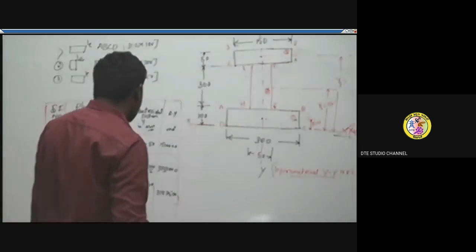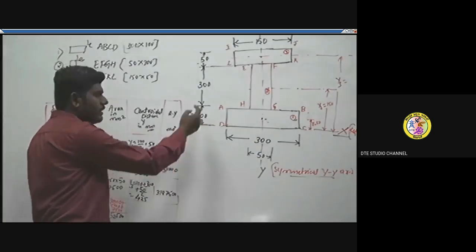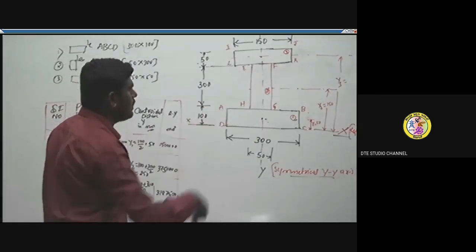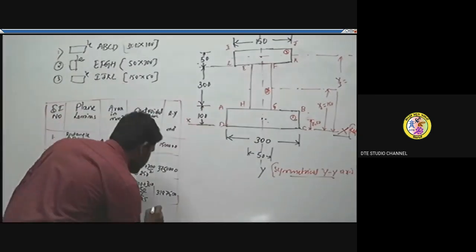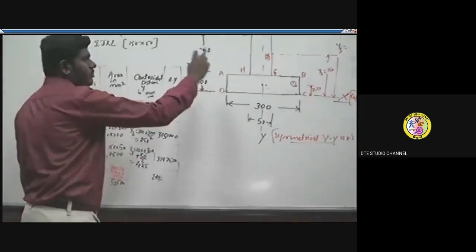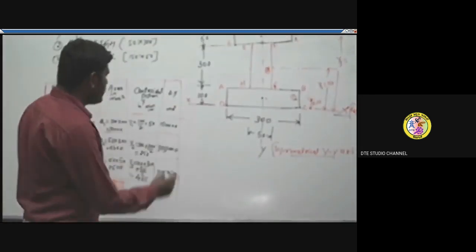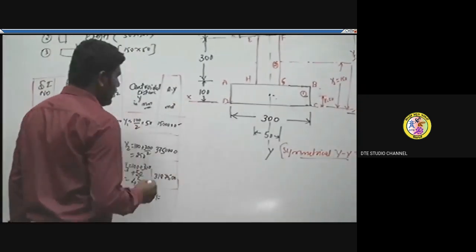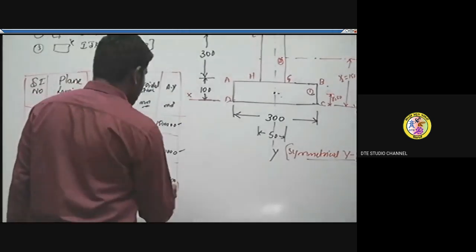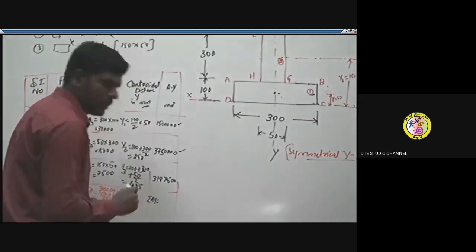Similarly, the product of the area and the centroidal distances of all the laminas, that is summation of A into Y. So Y coordinates only we have calculated. It is given by adding all these values, that is 3,750,000 and this 3187500. So after all this, we'll get a value of